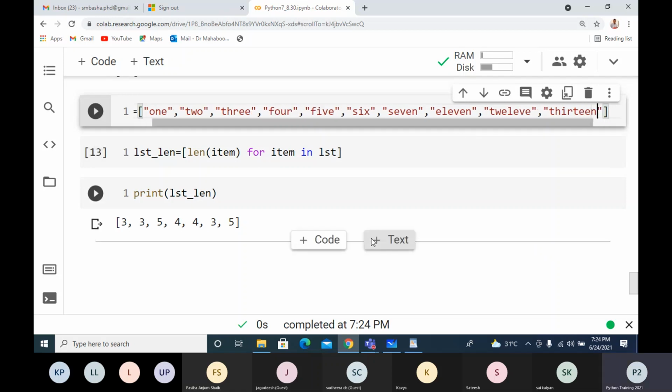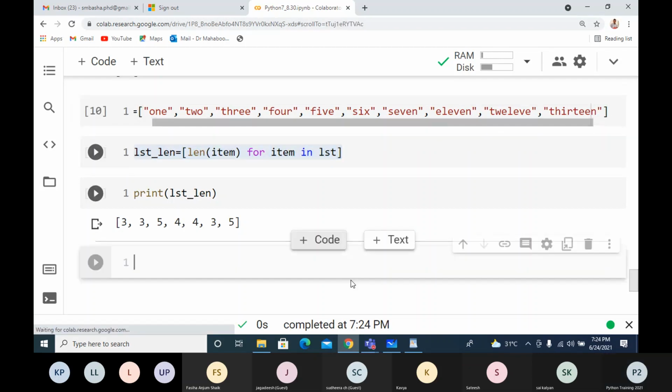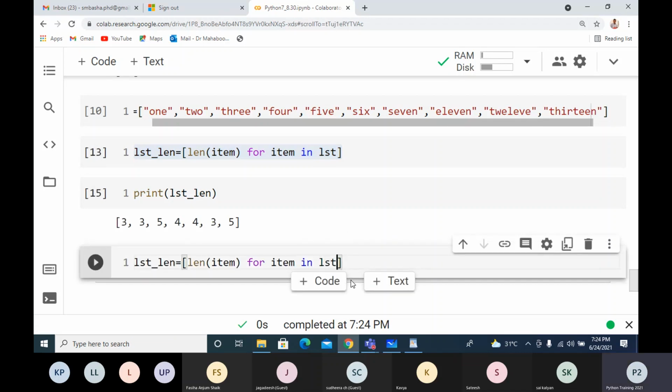So I want lengths which are greater than 4 and less than 7. I'll take this, length 2, I'll take here.